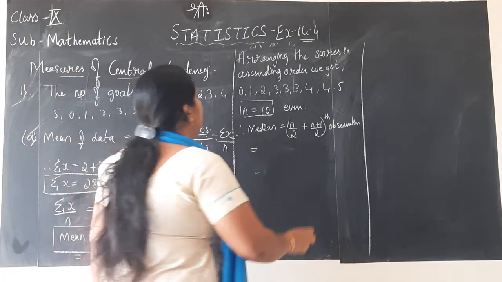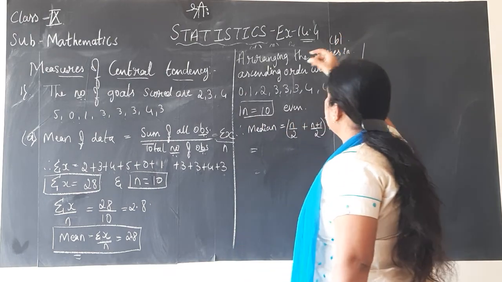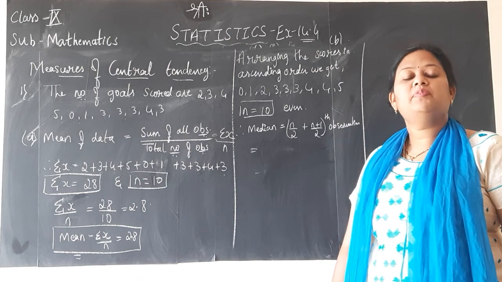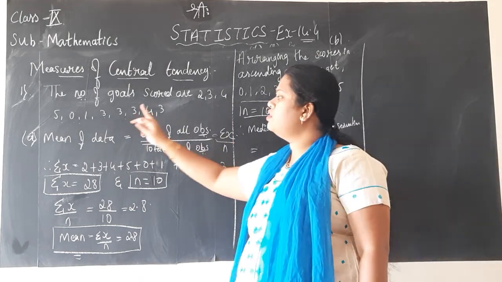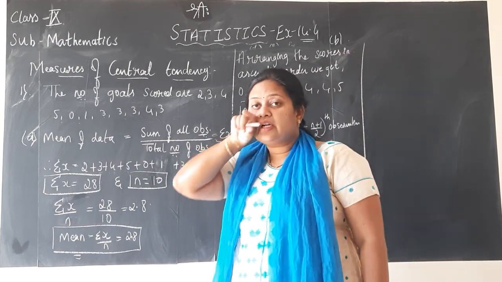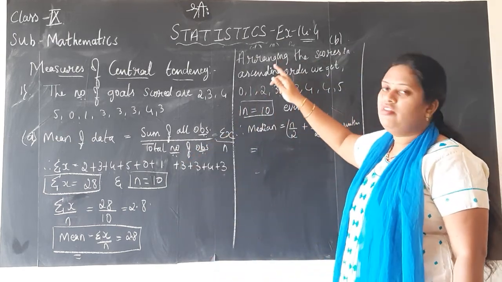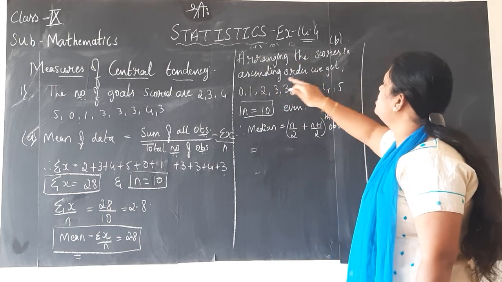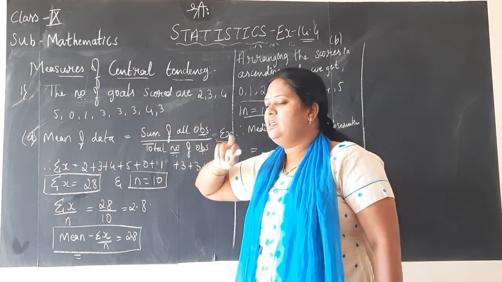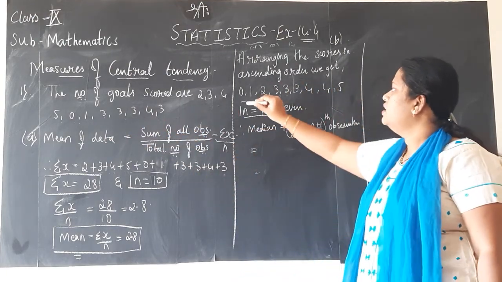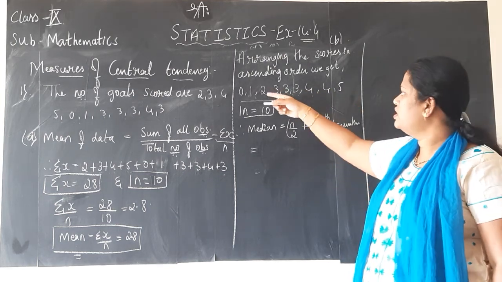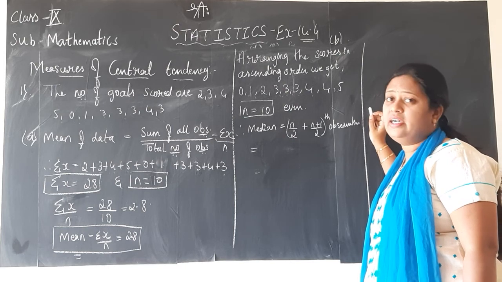That's all. Next B, we are going to find out the median. So to find the median, children, what is the first step? We should find out whether the number of scores given here are even or odd. We know what to do if it is even and what to do if it is odd. So what we will do always is arrange the scores in ascending order. On doing so we get, just start from 0. Ascending means from smaller to bigger. 0, 1, 2, 3, 3, 3 appears 3 times, 4, 4 appears 2 times, 5 appears 1 time. You will just arrange them in ascending order.